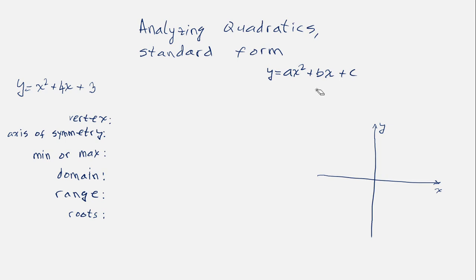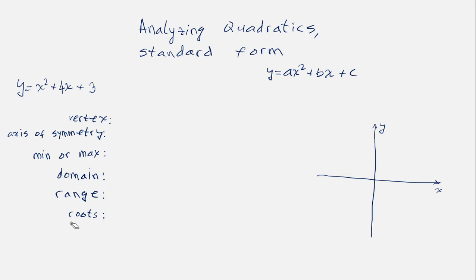We should notice here that in standard form, the exponents go down from the highest to the lowest, so in descending order. So x squared, x linear, and then just a constant. Now, let's analyze our problem, which is y equals x squared plus 4x plus 3. It's already in standard form. And let's find the vertex, axis of symmetry, decide whether we have a minimum or maximum and what that value is,